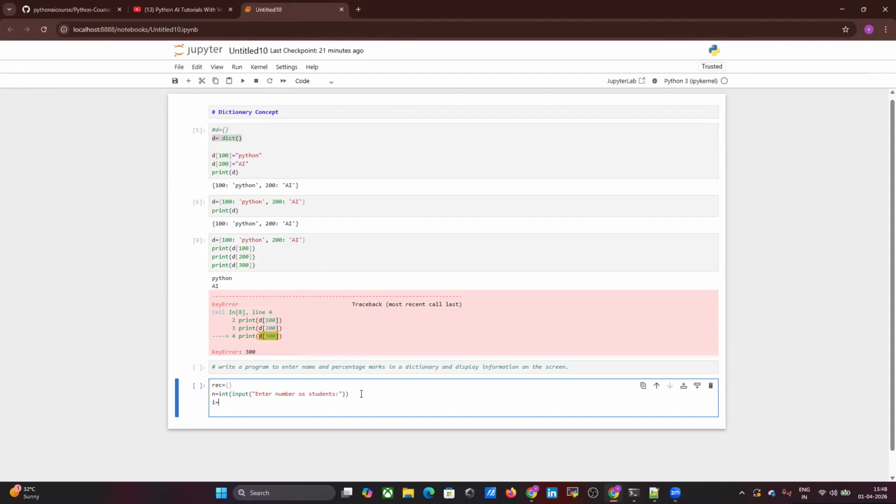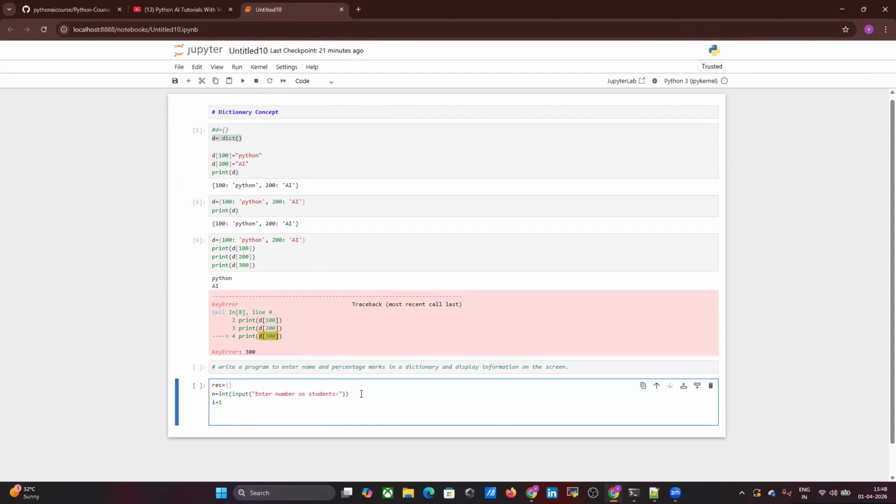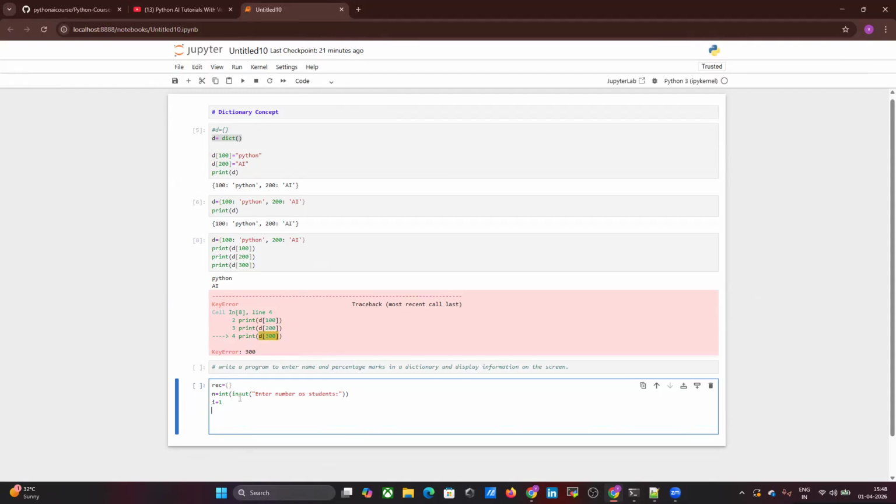Just I'm taking one value, i equals to 1. i is not mandatory. You can take any name. I'm taking a while loop. I'm not explaining the loops concept, I will explain in future, but you can assume I am taking some while loop. While i less than n,